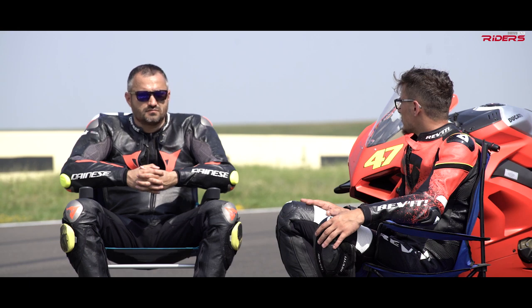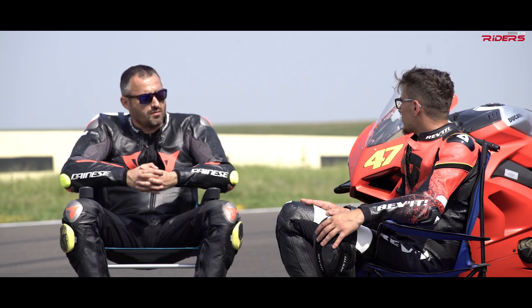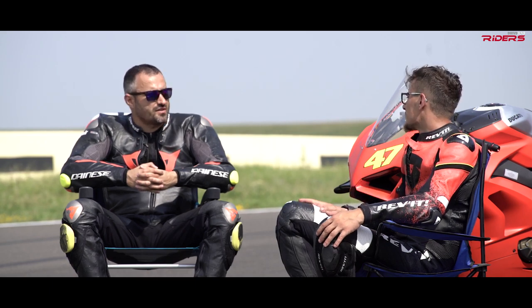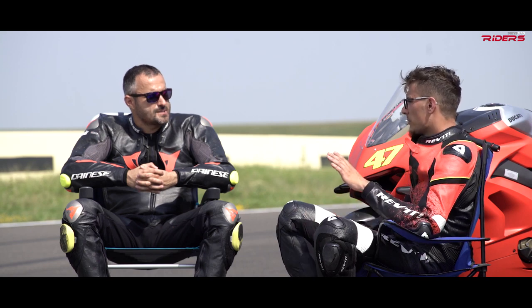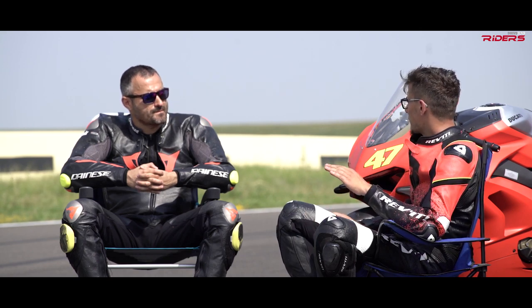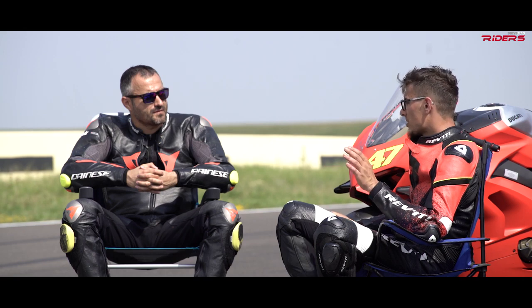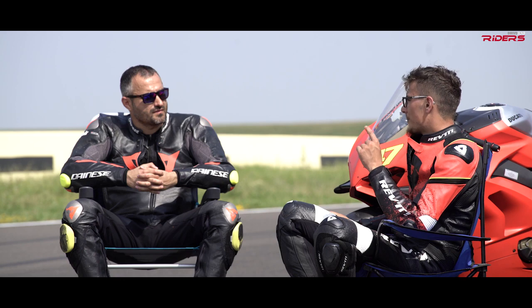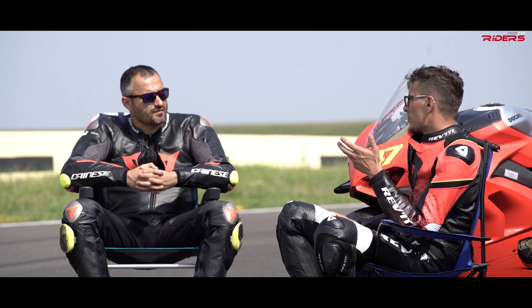Only thing that I can say about downshifting is that on the BMW it seems a little bit more complicated than on the Ducati. You had some issues downshifting. I had some issues downshifting. Okay, so we both had the auto-blipper and quick shifter on these bikes. They work like magic, but sometimes the one on the BMW felt like,